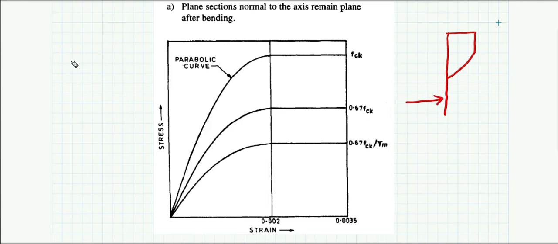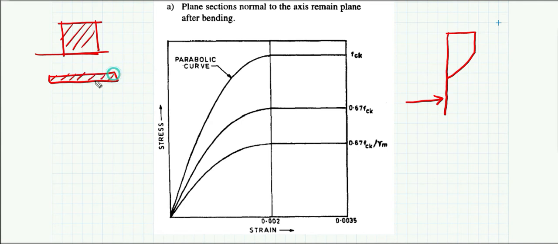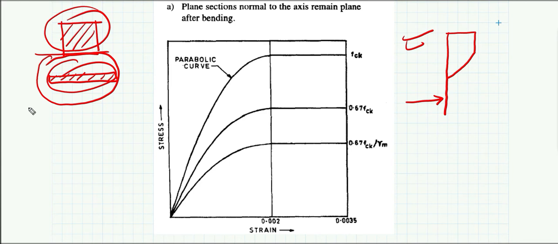Now, as we have already discussed in the cracked section, in a cracked section we do not consider the concrete below the neutral axis, right? If you remember, we only considered the transformed section of the steel, or we only assumed that only steel is present below the tension. The same assumption will be here, because in the limit state method we do not consider the concrete below the neutral axis, because we know that the concrete below the neutral axis is definitely going to crack under the limit state method. So only steel is present below the neutral axis and concrete is present above the neutral axis.